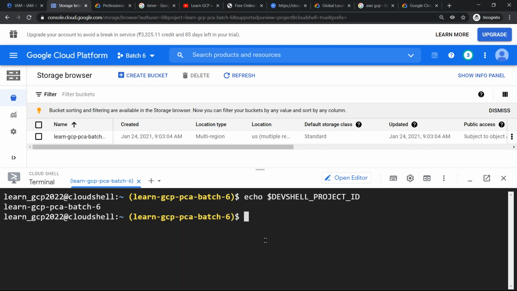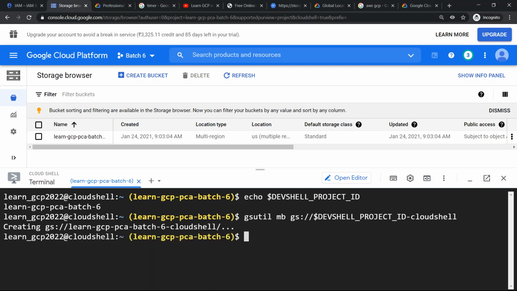Now, if I use this command, I'm not hard coding anything. gs://$DEVSHELL_PROJECT_ID-cloudshell, just to indicate that I'm creating it from Cloud Shell. That's it. Hit enter. It's going to create me a bucket. Done. Bucket is created. If you are not clear whether it is created or not,